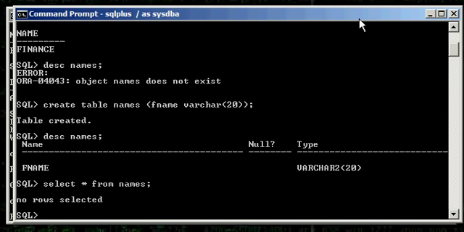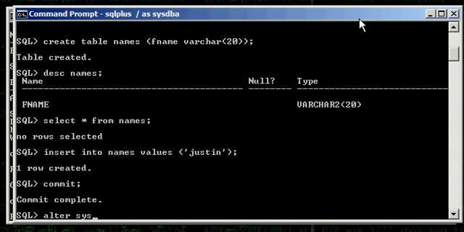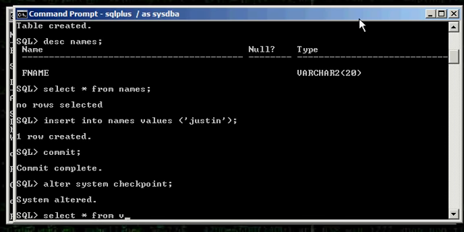There will be no rows in this table. Insert into names values my name. Commit. Alter system checkpoint. Select asterisk from names. Well, I won't do that yet. So basically I inserted a row of data into my table names, the row Justin, and then I committed it, which flushes the change records from the redo log buffer in the SGA onto the online redo log files. And then I did a checkpoint, which checkpoints all the data block buffers in the SGA to the